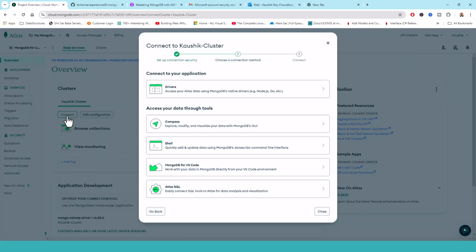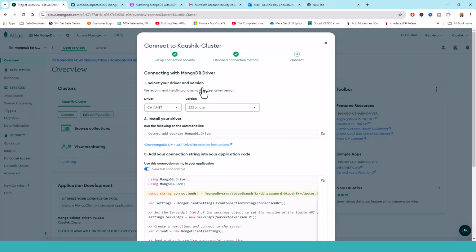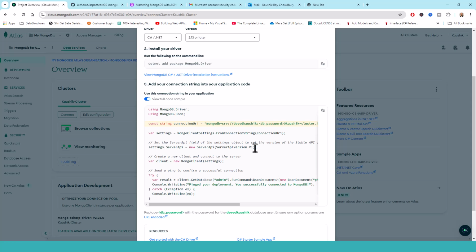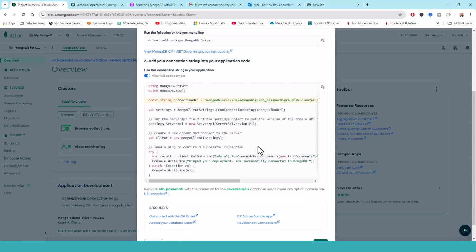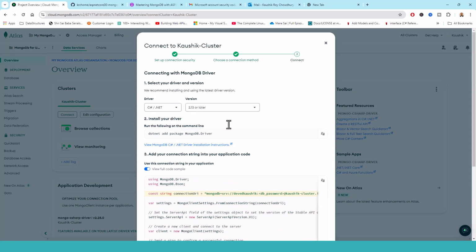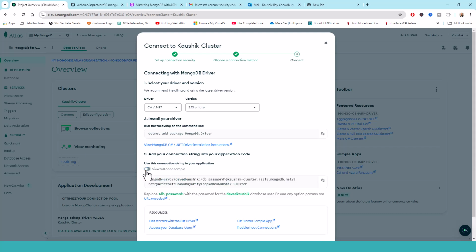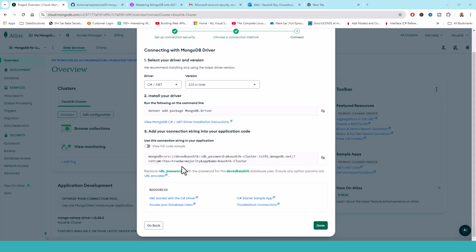I have opened it and clicked on connect. If we click on connect and click on drivers, I see this connection string. Okay, so if I close this, this is the full code sample. I don't need to use the full code sample. I just need to see the connection string. My connection string is here. Okay, so I need to copy this